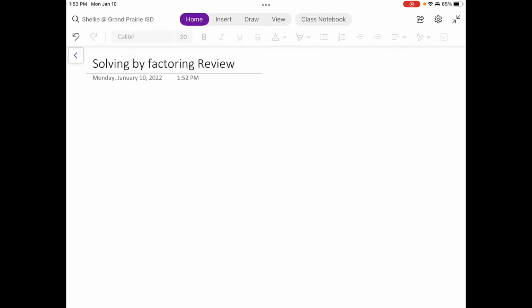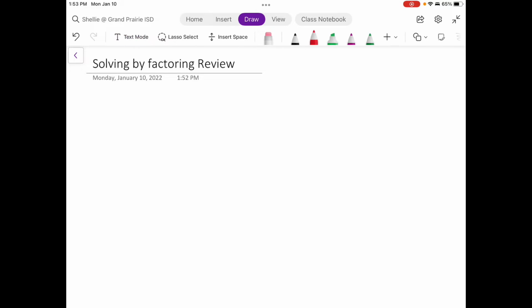Okay, so we're going to review solving by factoring. So we're going to solve quadratic equations by factoring. Quickly, I want to go back over the steps for that. So the steps to solving by factoring, the first thing you want to do is set that entire equation equal